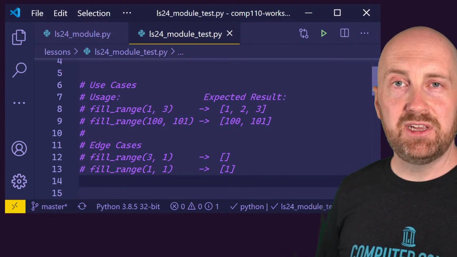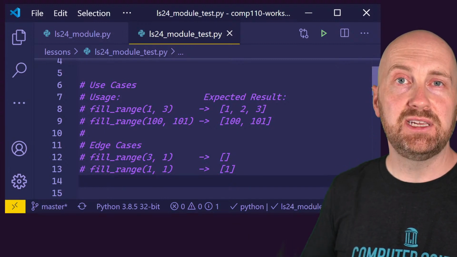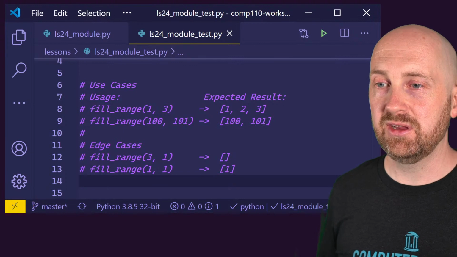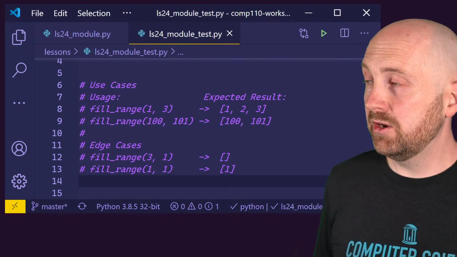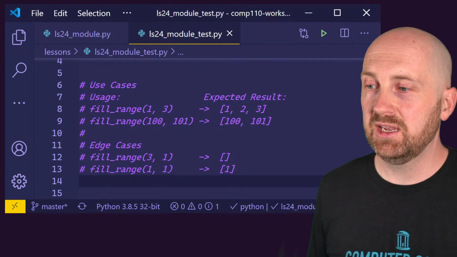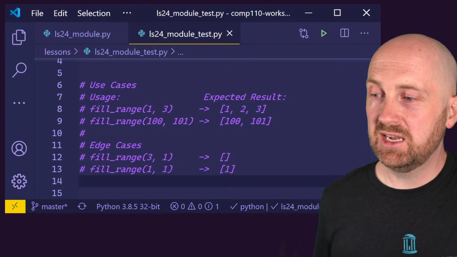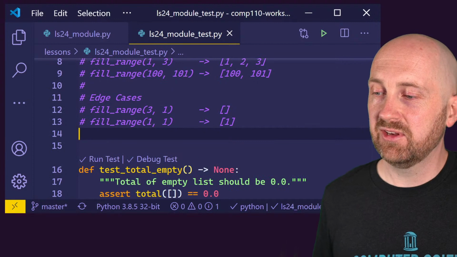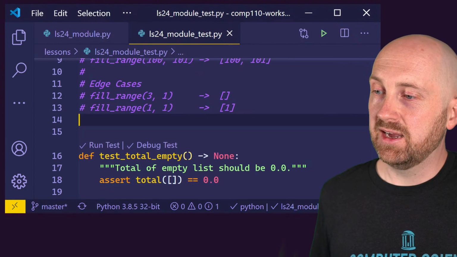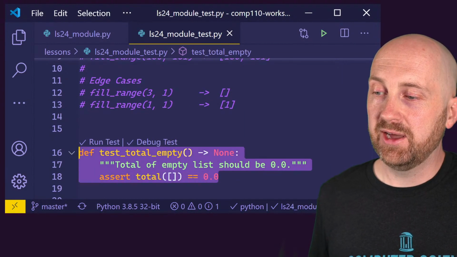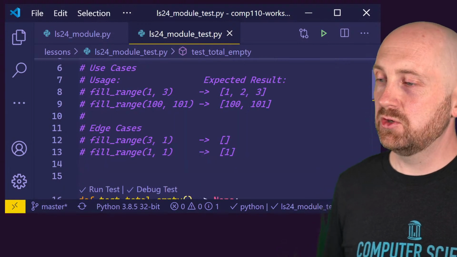And once we have these sort of jotted down, we can turn these into test cases pretty straight away. So what we're going to do in the next breakout is I want you to actually try turning these edge cases and use cases into actual PyTest tests. And you should have some examples in your file down below of how to do that. One of the things, and actually let's do one of these together,